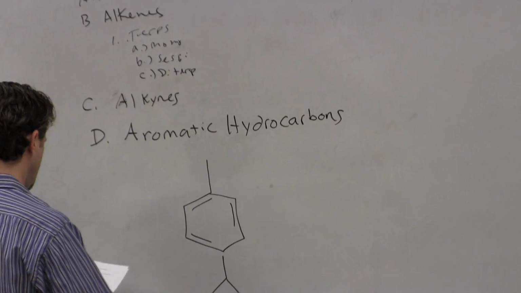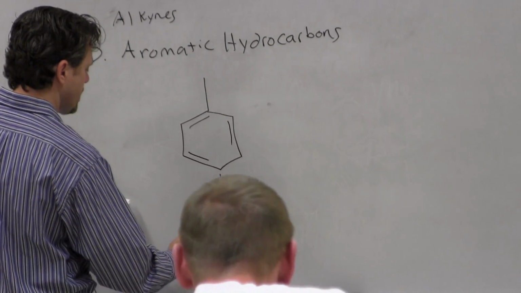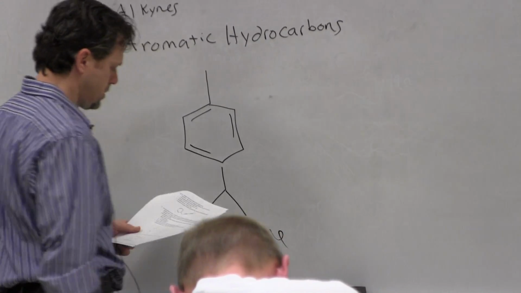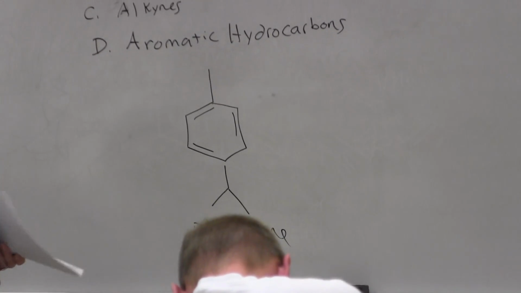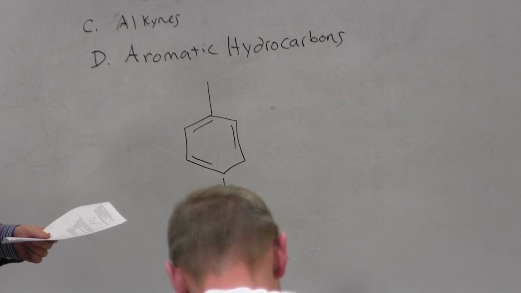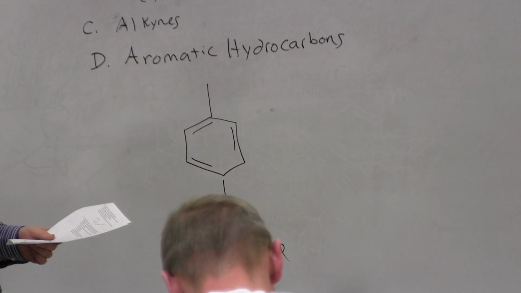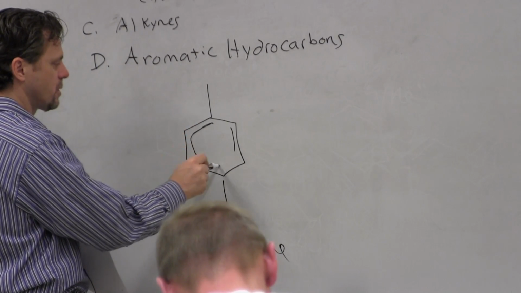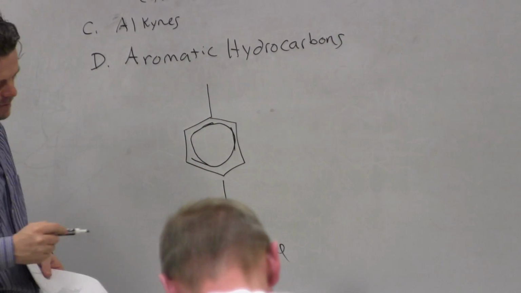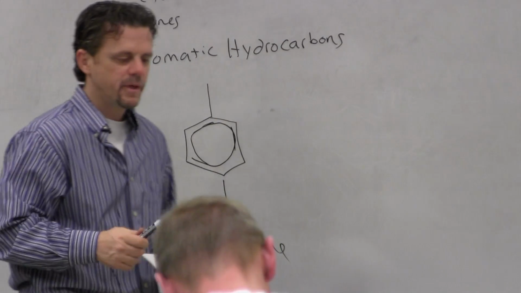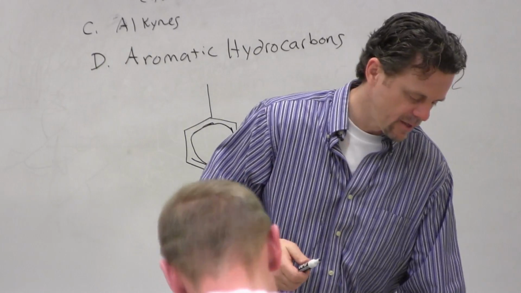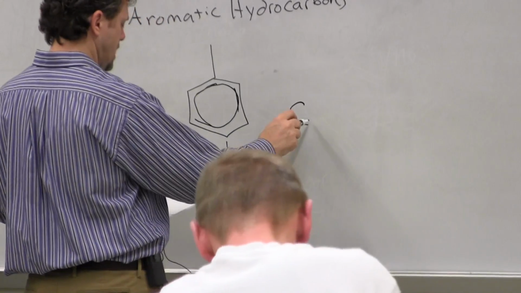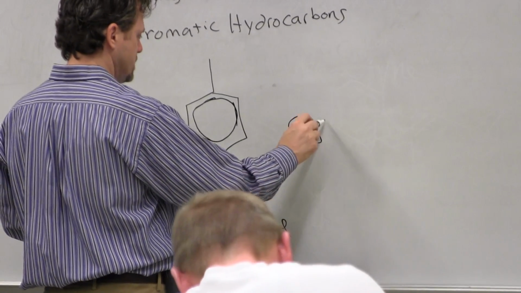And this is called p-cymene. Okay, and you could also write it with the circle here instead of the bonds if you want to. P-cymene is found in a lot of different things. Its formula, if you counted everything up properly, you would see that it is